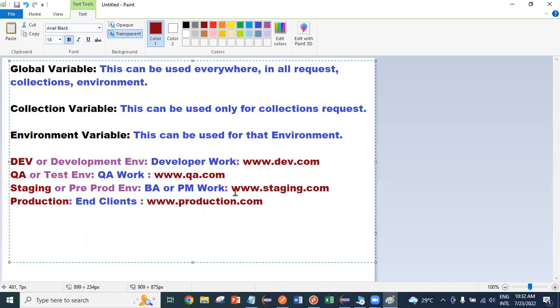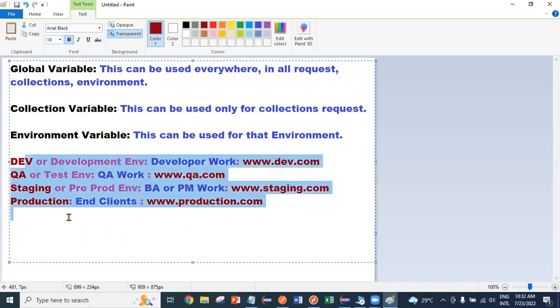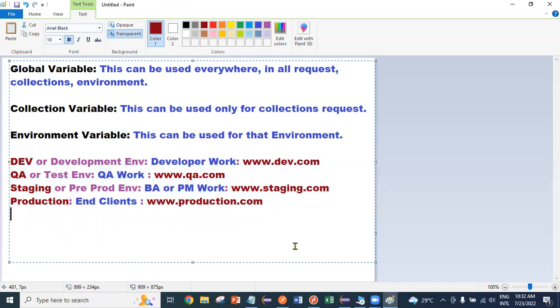Now suppose I want to test this same scenario in Postman, right? So now suppose in each and every environment we have one setup, right? So we have one collection which has all the requests: post, then put,